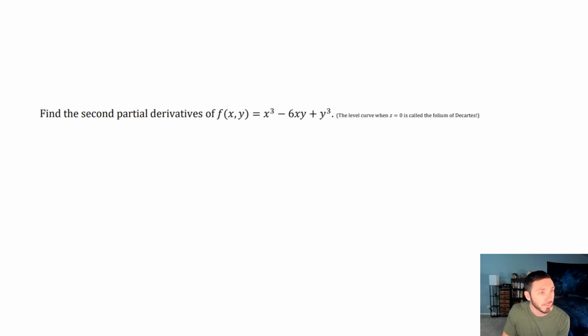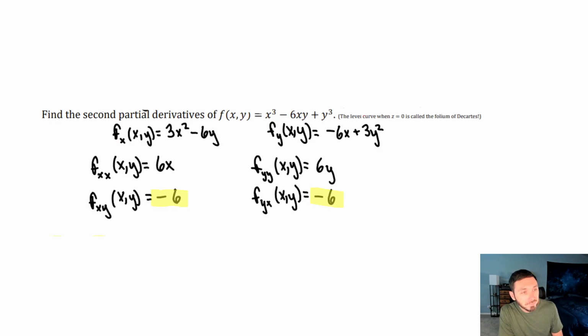Anyway, find the second partial derivatives of this kind of cubic-y curve, where there are a good number of second partial derivatives, right? There's fxx, fyy, fyx, and fxy. So 4. You should be taking 4 partial derivatives for this one. Give this one a go. 3, 2, 1. So the way I started it was I took the first 2 partial derivatives, one with respect